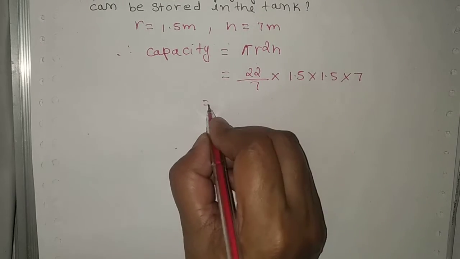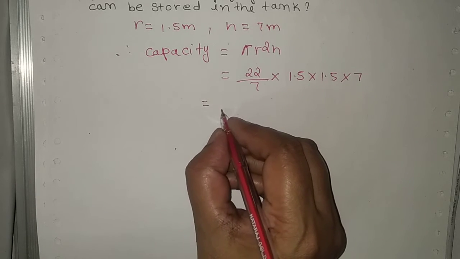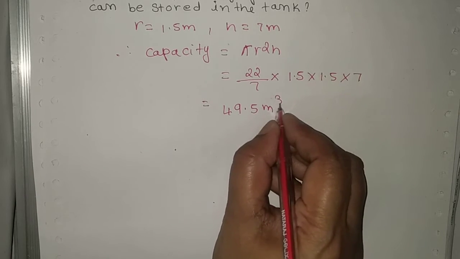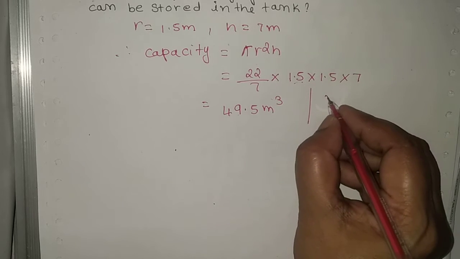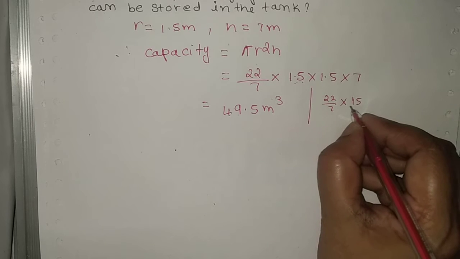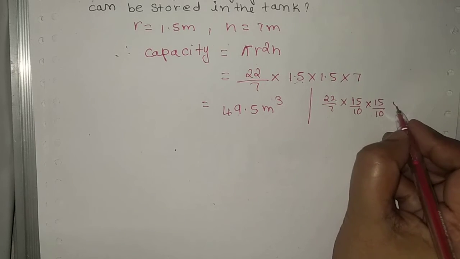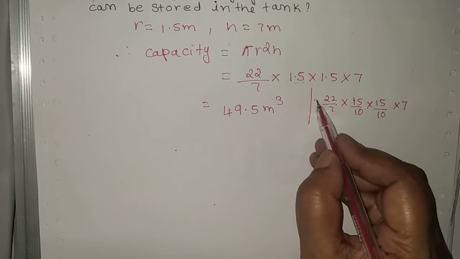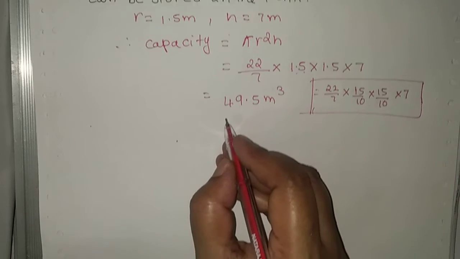So we can substitute this and find out, we'll get 49.5 m cube. Like this you can also write 15 by 10, 15 by 10. If you find it difficult using the decimal point, you can easily write like this. So this is just a working. Substitute this and find out, we'll get